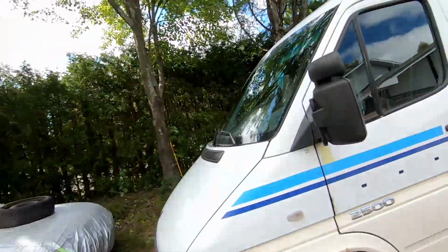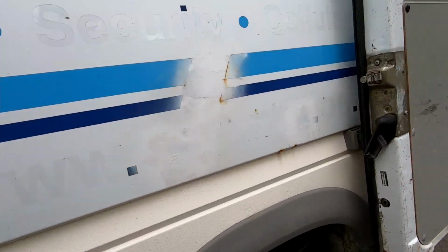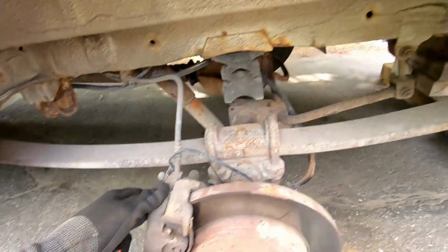Recently my dad started complaining of some knocking in the back end. So we went back and thought it was going to be the regular sway bar bushings or shocks, whatever, but it turns out it's not. And I absolutely have to show you what this is. It's a little strange. I've never actually seen this before. It's a little scary, to be honest. And